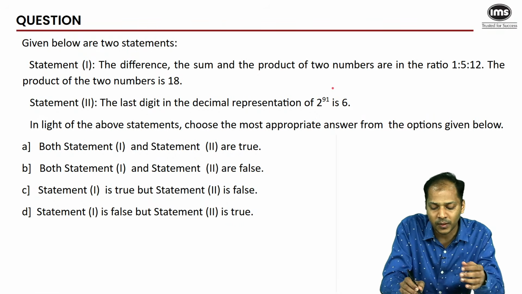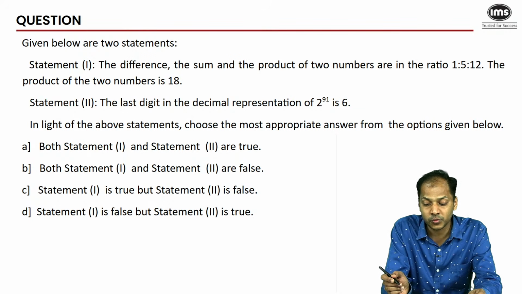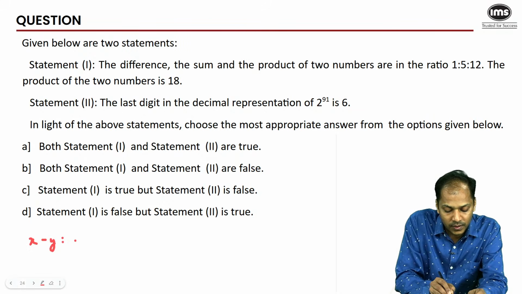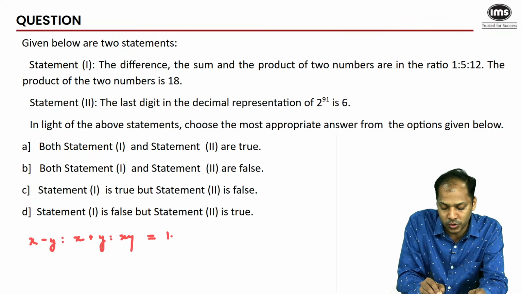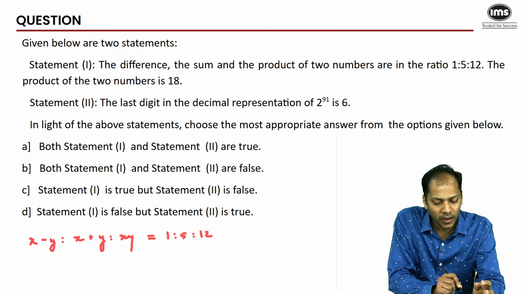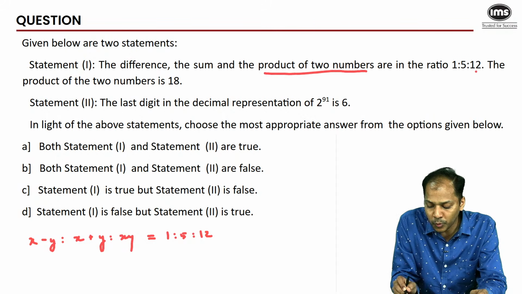Statement number 1, the difference, the sum and the product of the two numbers are in the ratio 1:5:12. So x minus y is to x plus y is to xy in the ratio 1:5:12. The product of the two numbers is 18. Now even without solving, what I figure is the product of the two numbers is proportional to 12, and